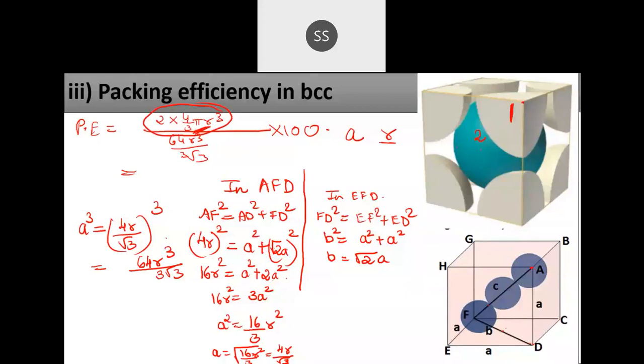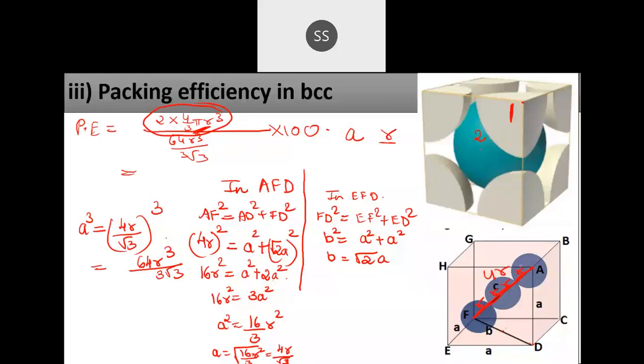Second part, you need to calculate the volume of the unit cell. To calculate the volume of the unit cell, you should get the relationship between A and R. Now, how do you get the relationship between A and R? I told you, you should see the atoms which are exactly in contact with each other. In a body-centered unit cell, you have atoms exactly touching along the body diagonal, over here. So that value comes out as 4R. This R plus R, and then this another R. So this value is 4R.